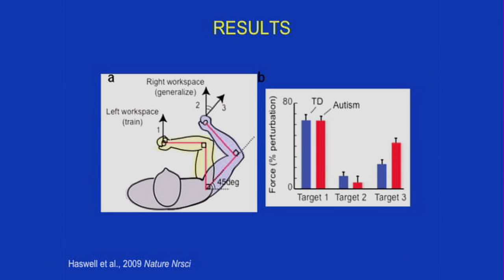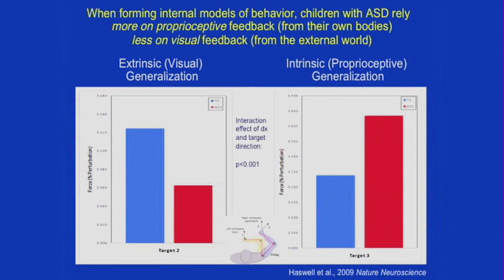And what we found was that the children with autism, first of all, their end adaptation rates, as measured by the force that they were exhibiting, were very similar to typically developing children. However, the generalization patterns were very distinct. They showed much more generalization in the intrinsic proprioceptive coordinate system and less generalization in the visual system. And so the general conclusion was that when forming these internal models of behavior, children with autism rely more on proprioceptive feedback from their own internal body space, their own body schema,